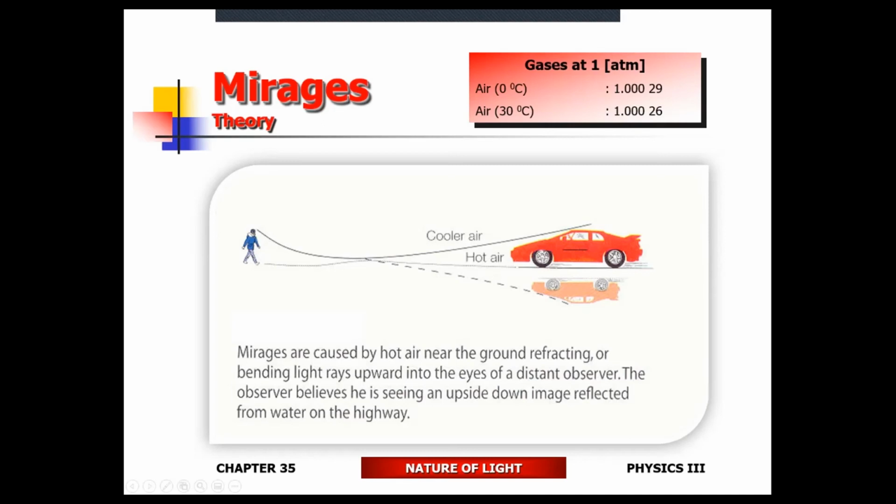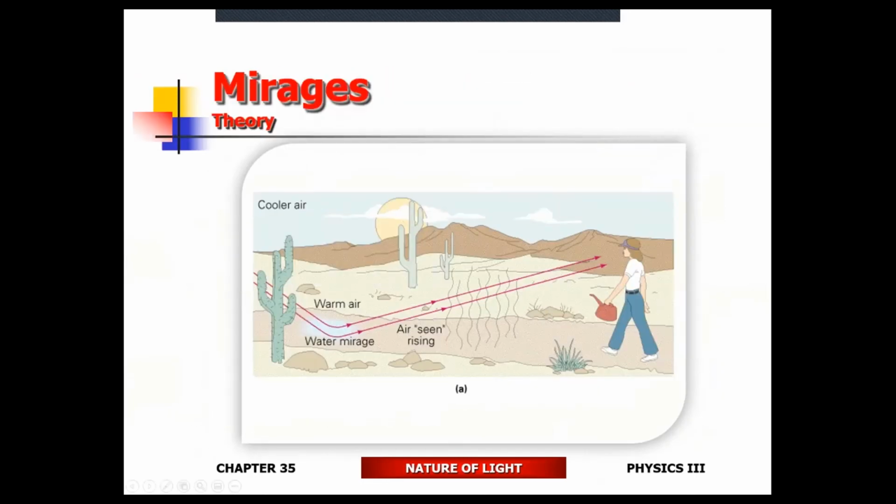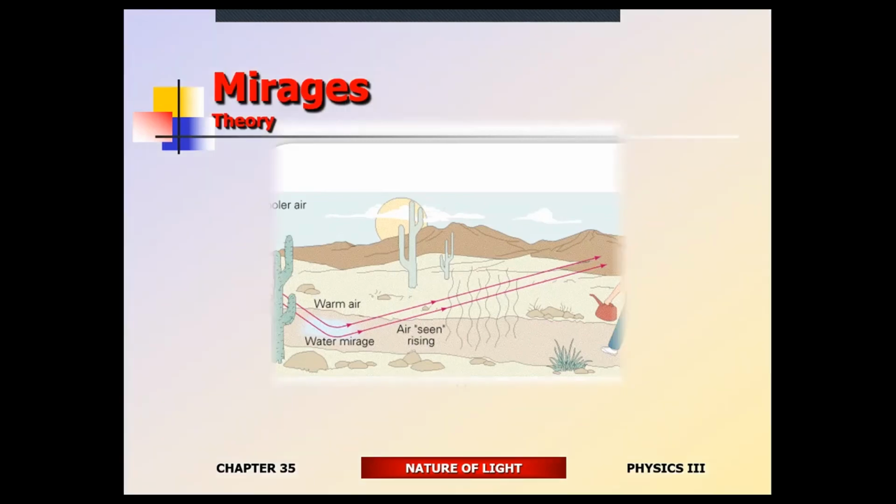And your mind likes to see things in a straight line. So the top of the car is going to look like it's inside the surface, so the car is going to look inverted to you. You end up experiencing total internal reflection in essence. Your eyes are located at a cooler region and the surface is hotter, so the light is coming from a denser medium into a less dense medium. If the light hits a boundary at an angle larger than the critical angle, you end up getting an internal reflection. So you're going to end up seeing the sky on the ground. It's going to look like water.